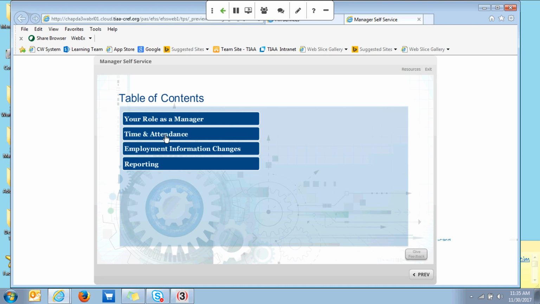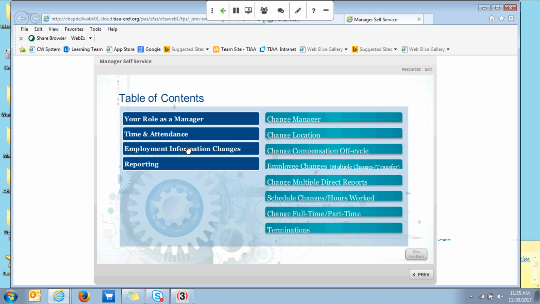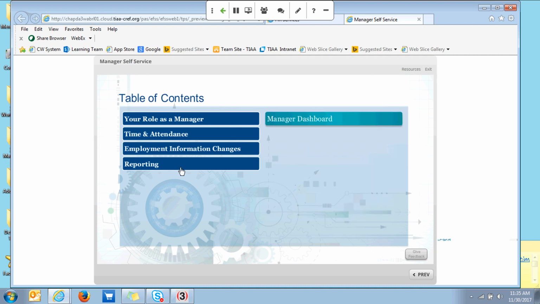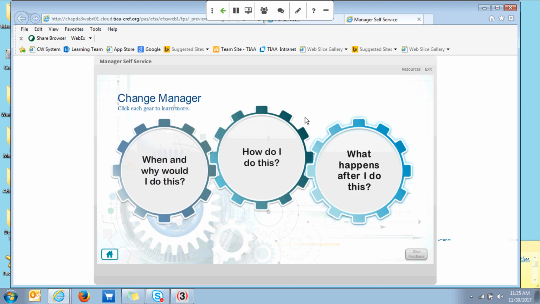You can select any of these objects from the table of contents: time and attendance, how to review time cards, the allocation of PTO approval is in here, employee information changes, and then reporting. We go back to employee information changes, and we can look at Change Manager. Again, this is an end-to-end, so this is a nice simple one to show you how it's going to work.